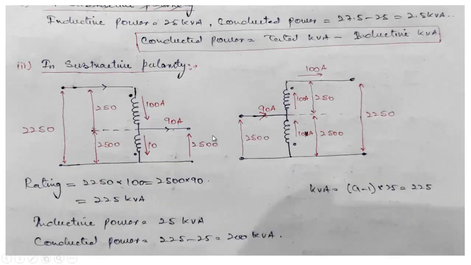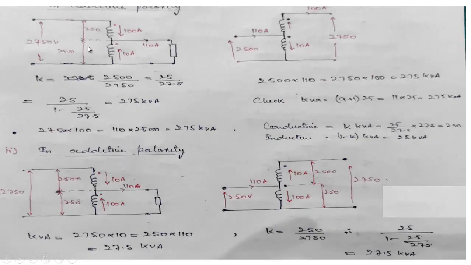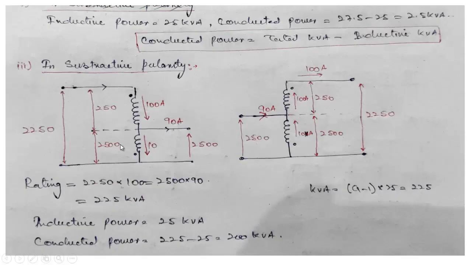So in subtractive polarity, this will be similar to that configuration, only this winding has been reversed. This dot has been put over here. You will see the current direction here will reverse. The rest will be the same, and the total voltage that will appear across the input will be equal to 2500 minus this, it will be equal to 2250, and the current that is supplied to the output, the rated current, will be